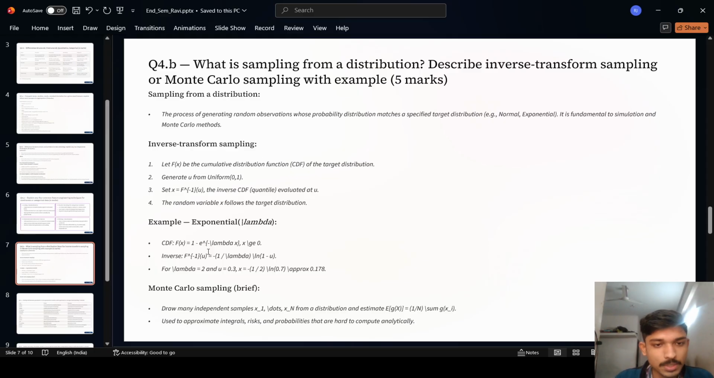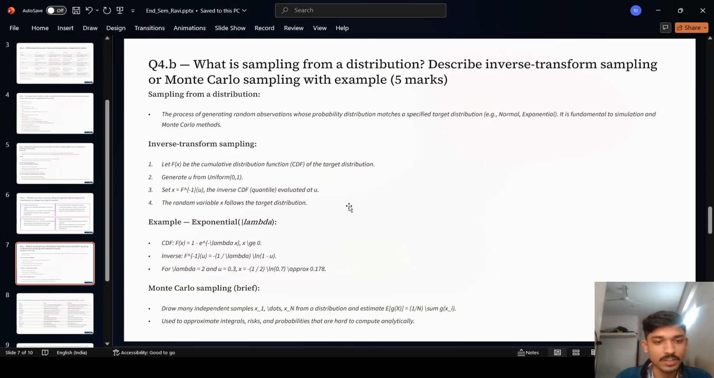Now let's see the example. CDF means cumulative distribution function, which equals 1 minus e to the power of minus lambda x, and the inverse is minus log of 1 minus u, divided by lambda. For lambda equals 2 and u equals 0.3, x equals minus 1 by 2 logarithm of 0.7. Now we will see brief Monte Carlo sampling, in which we draw many independent samples from a